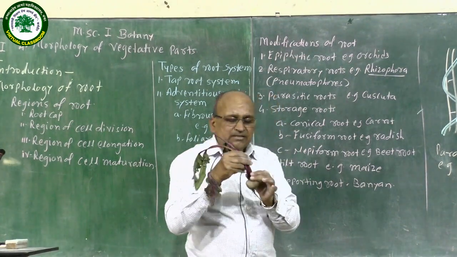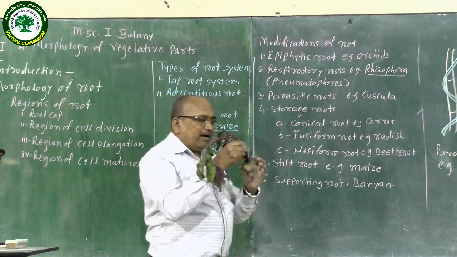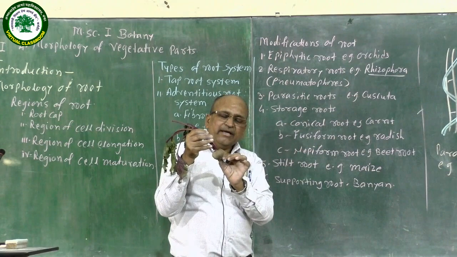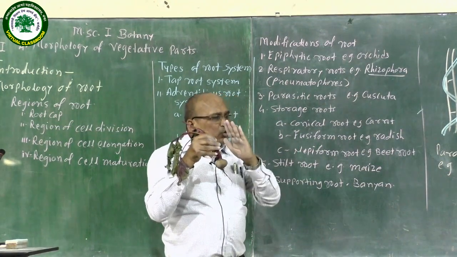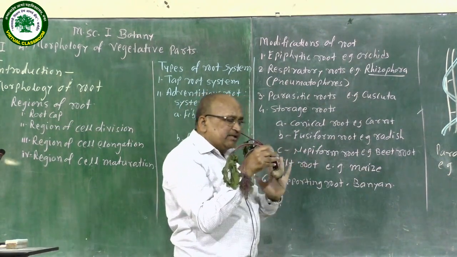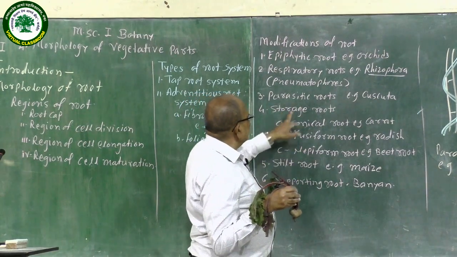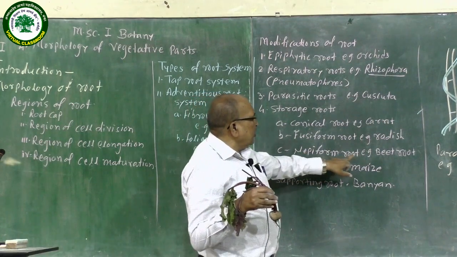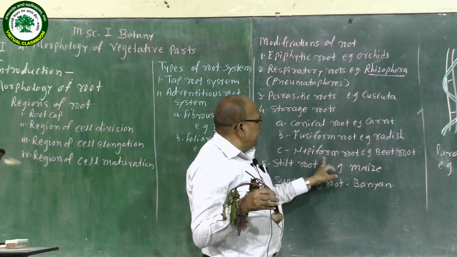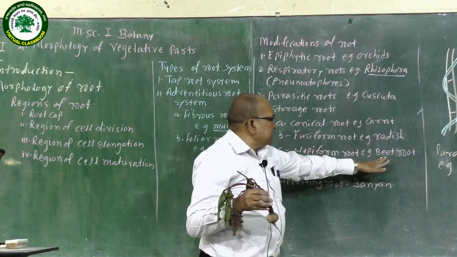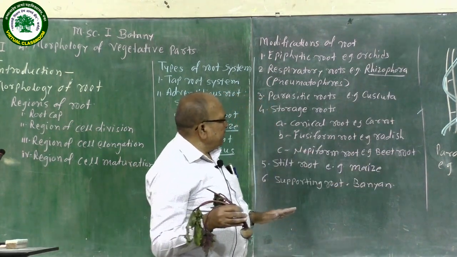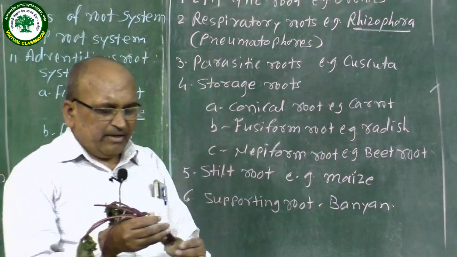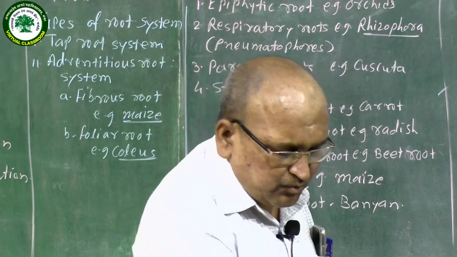The shape of this beet, towards the leaf region it is swollen, while towards the tip it is very narrow. On the basis of shape, this storage root is called a napiform root. Example is Beta saccharin or beet root. बीटा साखर तयार करतात त्याच्या रूट पासून.